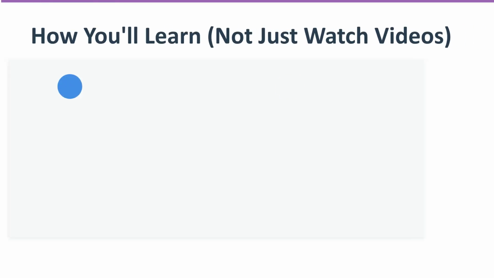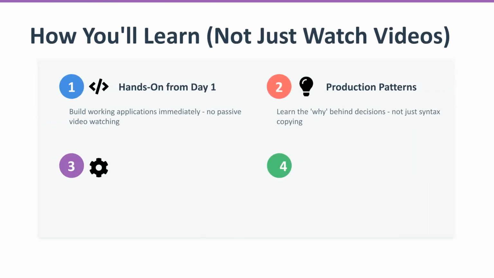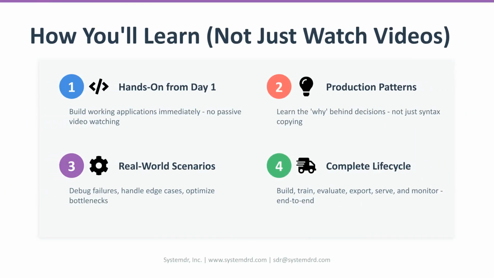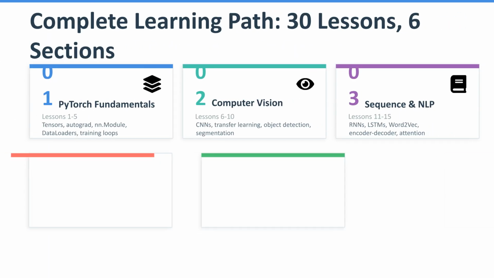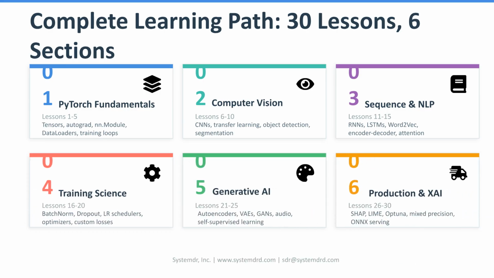Learn through a hands-on approach from day one by building working applications. You will master production patterns, tackle real-world scenarios like debugging and optimizing bottlenecks, and cover the complete end-to-end deployment lifecycle. The complete learning path is structured into 6 sections across 30 lessons. These cover PyTorch Fundamentals, computer vision, sequence and NLP, training science, generative AI, and finally, production and XAI, including ONNX